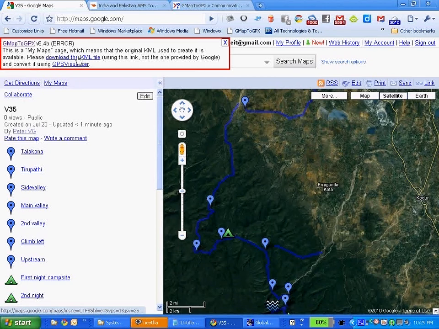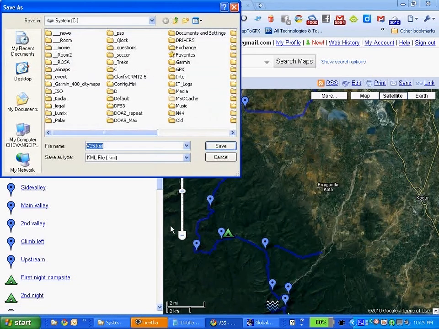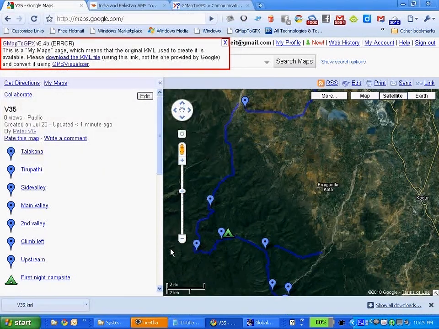KML file. A KML file is actually a Google Earth file. This is the file that will be used in Google Earth. So I'm gonna save this because I will take a look at this trail in Google Earth in a second. So let me save it here. But before I go to Google Earth, which is a little advanced, let me convert this now into a